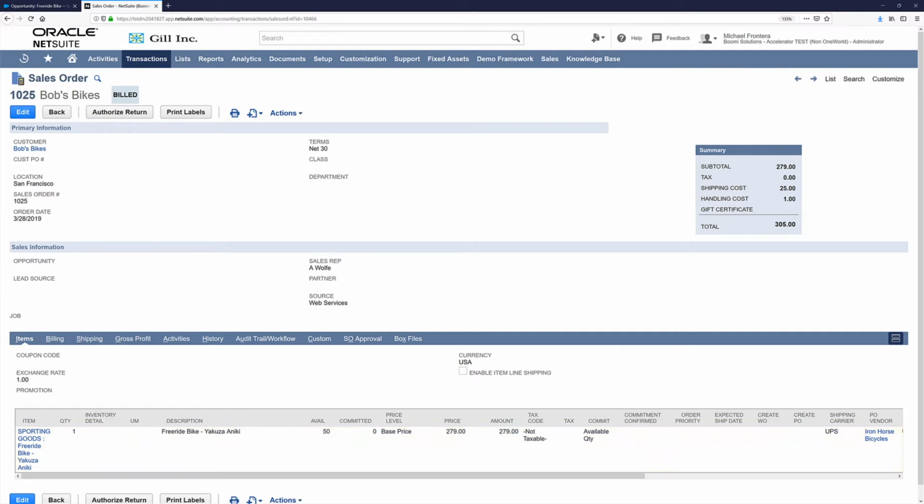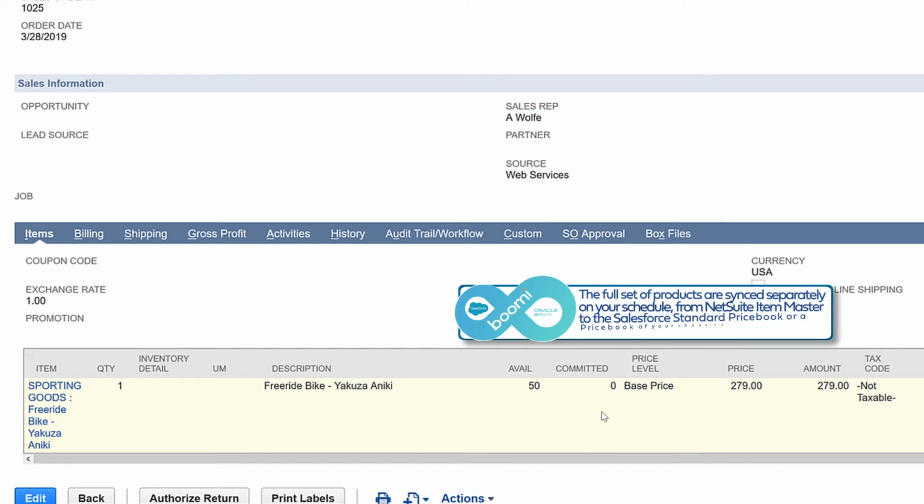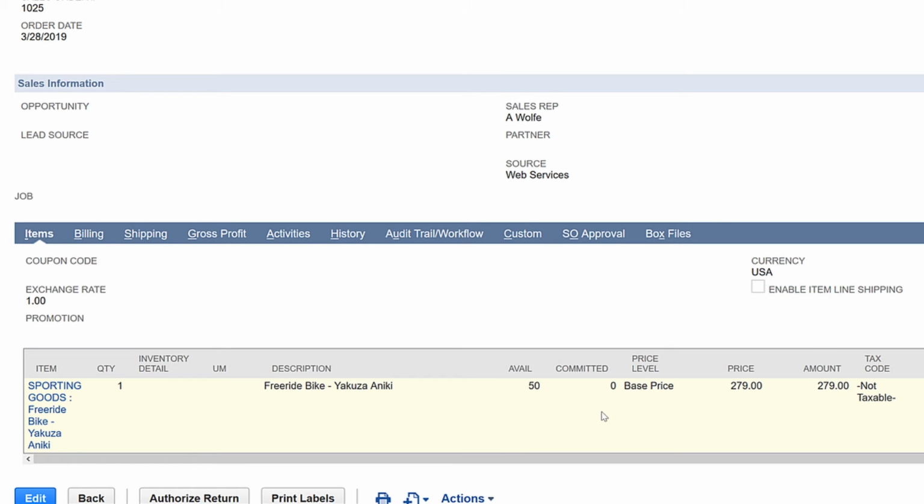Here we can see our sales order and related product as created from the opportunity in Salesforce. It's good to note here that the full set of products is synced separately on a schedule of your choosing from the NetSuite item master to the Salesforce standard price book or a price book of your choosing. All of the standard product fields are synced between the two systems, including product family, product classification, base price, and